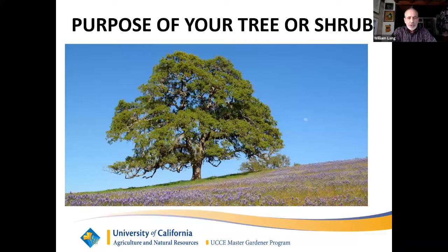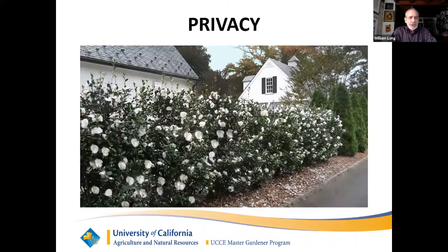The purpose of your tree or shrub may be a single purpose or many, and the next slide shows that privacy for many is a common goal and purpose. Here, a very healthy and vigorous camellia shrub provides privacy for the home on the left or from this street or driveway on the right, but serves another purpose of a beautiful bloom. I think this is probably a Sasanqua camellia in very early spring. The next slide